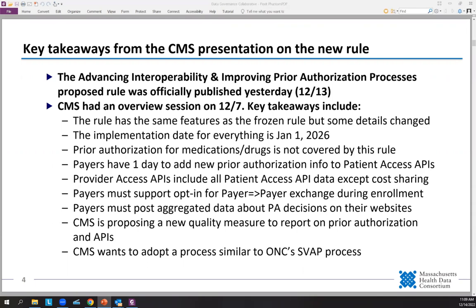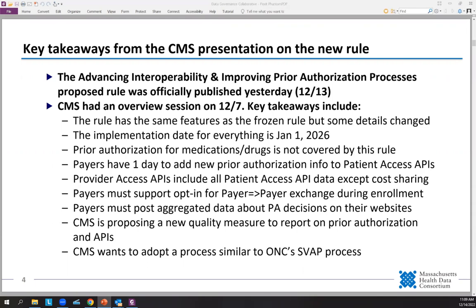Another thing that they talked about without much detail is that they're proposing a new quality measure that reports on the use of prior authorization and all of the other APIs. And then the last thing that they talked about, which was a surprise, and they did not supply a lot of details, and is a bit concerning, to be honest with you, from my perspective,